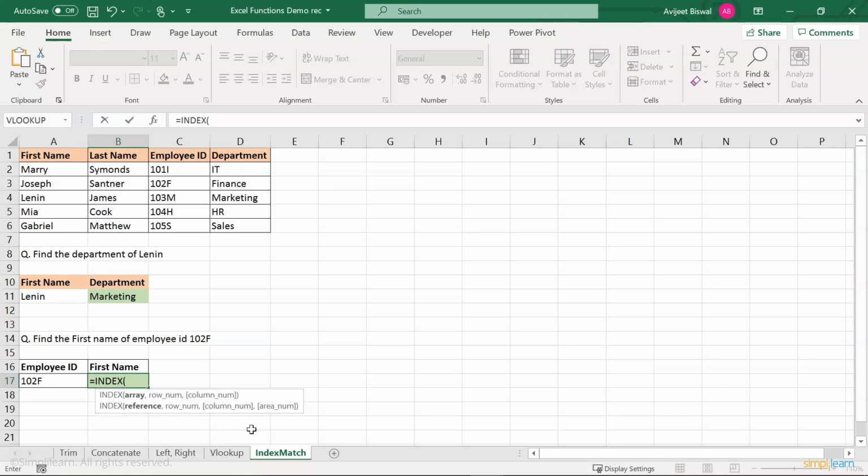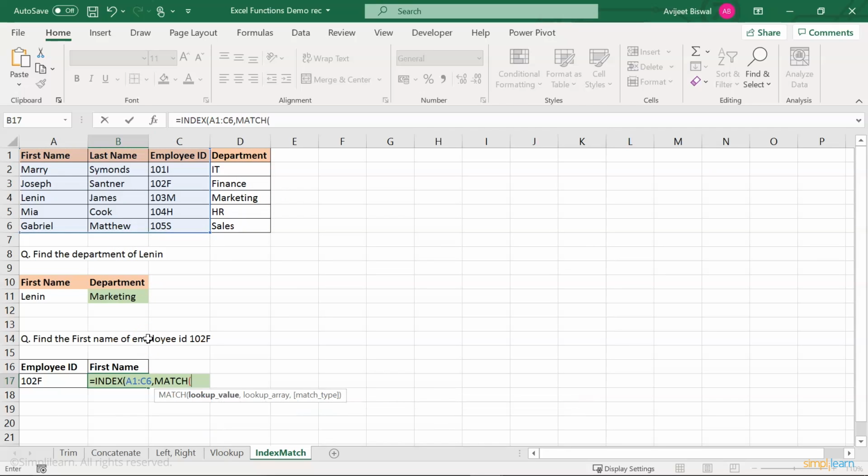I'll write INDEX. My table array would be from A1 to, you can choose till C6, because I don't want any of this information regarding department. I'm only concerned with the employee ID and the first name. So that is going to be my array, comma, row number we are going to find using the MATCH function.